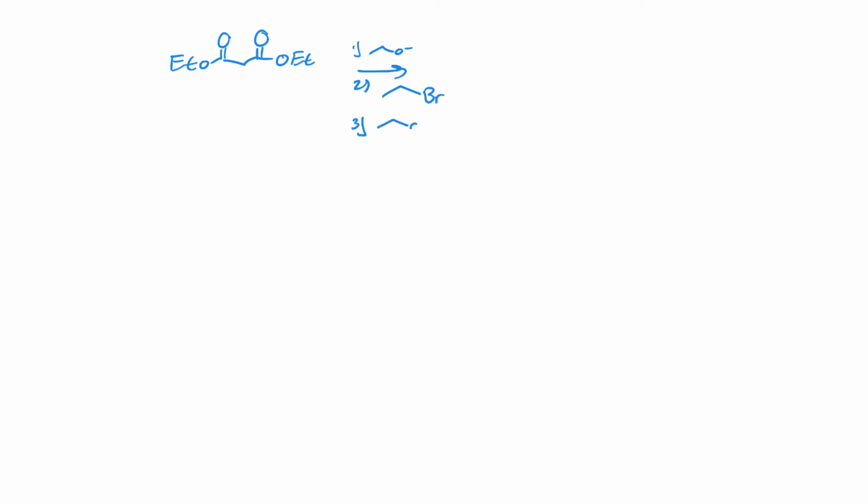Third step, deprotonate again. As long as we have 2 hydrogens here, we can deprotonate once, alkylate, deprotonate again. And let's use just a more interesting one, maybe benzyl bromide here. And 5, acid workup, heat, allows us to decarboxylate like you saw on the previous slide, and we end up with